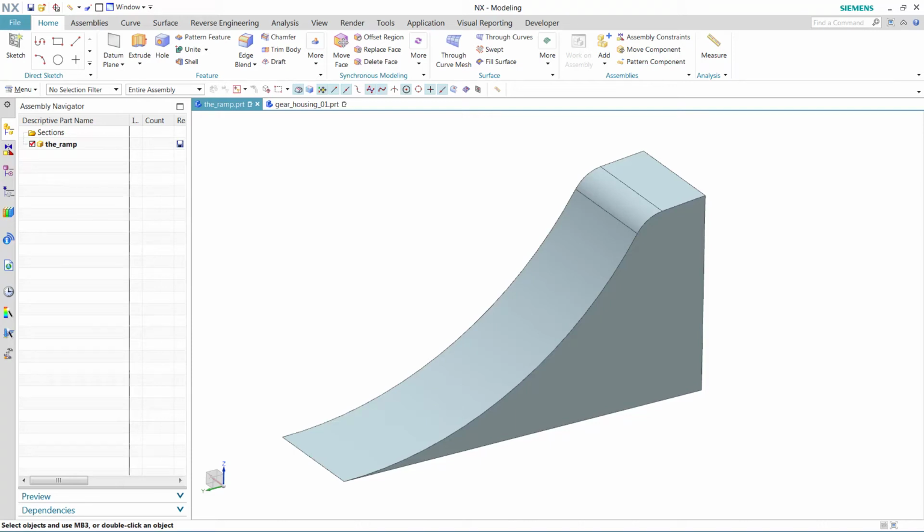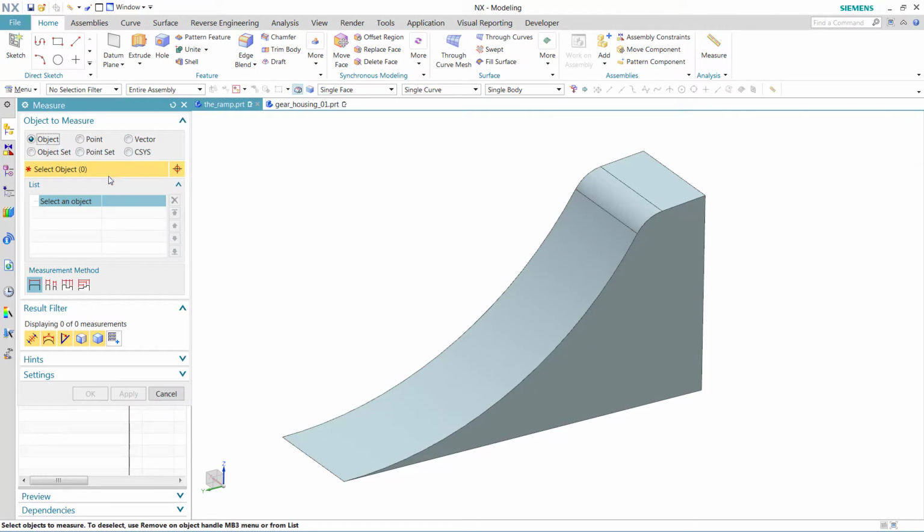This brief video is part of a larger series exploring the new NX Measure command. In this video, I'll show you how to measure the local thickness of a body. This is a new function within the measure for NX1201, and to start this one, we'll start by selecting a